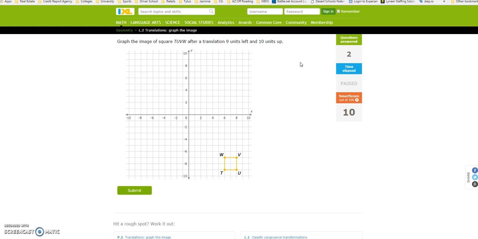Last time I did 9, I went up 9 first because it was the longer distance. But in this case, as you can see, 9 and 10, there's only a difference of 1. So it really doesn't matter if we go up or left first. It's really a matter of preference. I think I am going to start 9 units to the